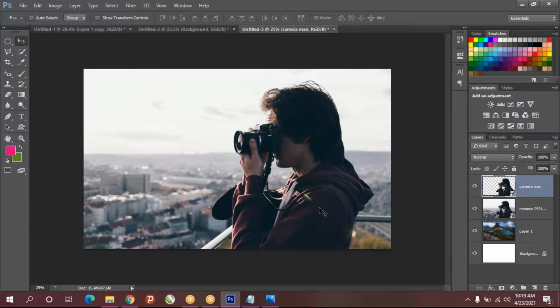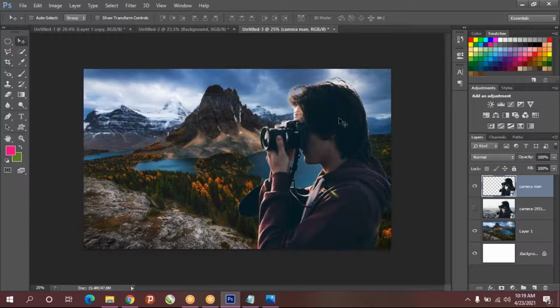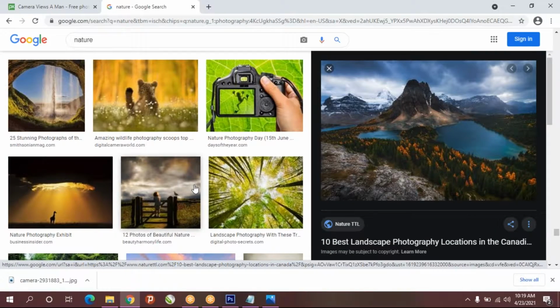Okay, and this one you can move it anywhere you like and hide this. See, wherever you want you can place it, and whichever background you want you can just replace it.